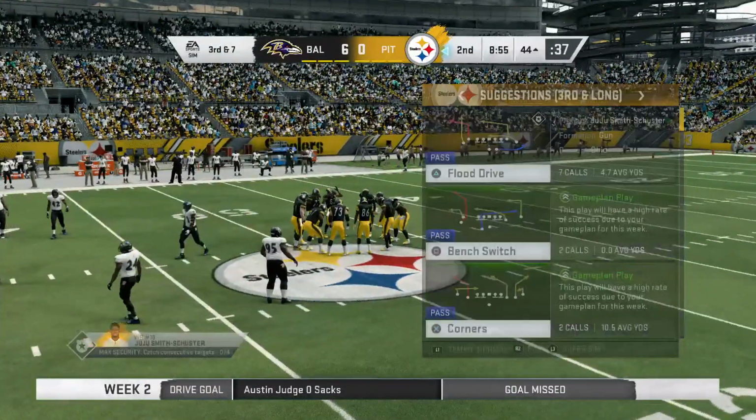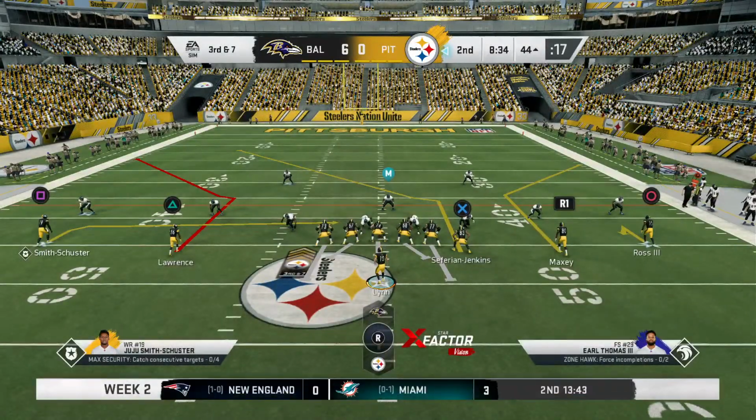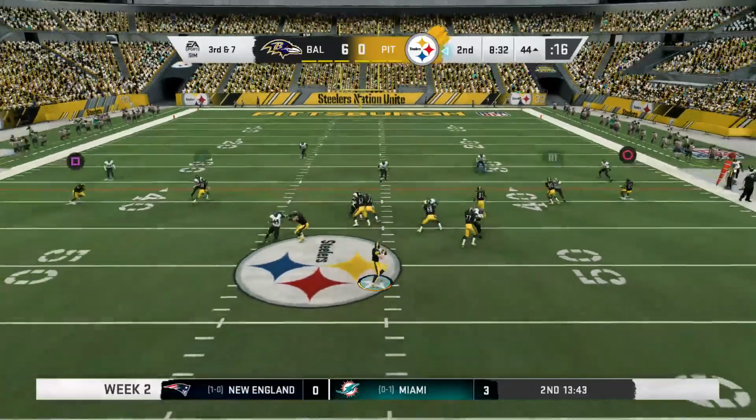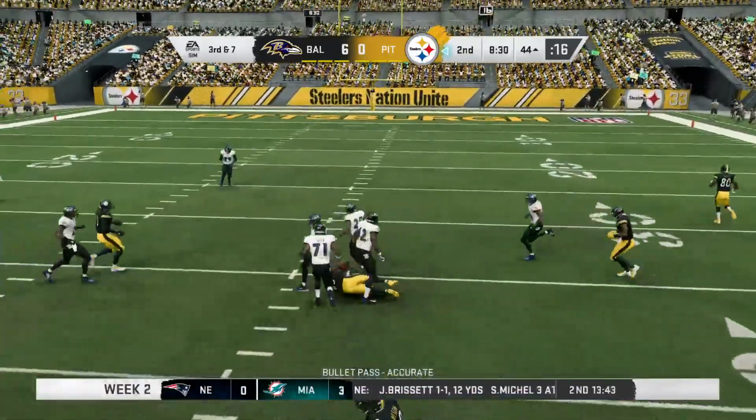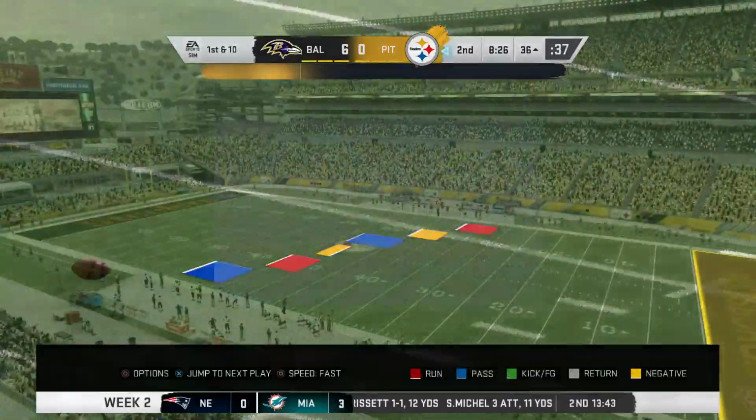Coming up here, this defense looking for a third down stop in the second quarter. On third down, Lynn, and he finds Safarian Jenkins. And they just keep...